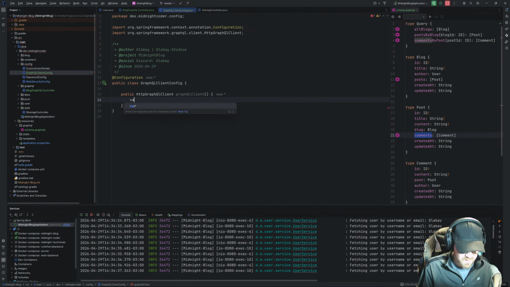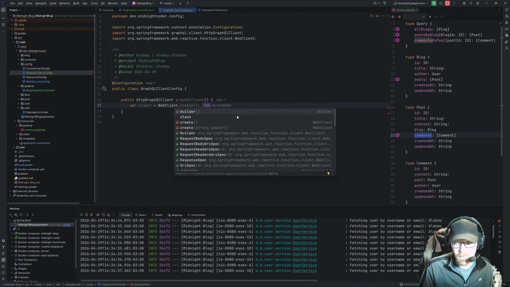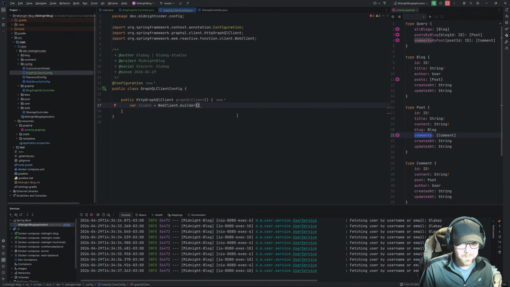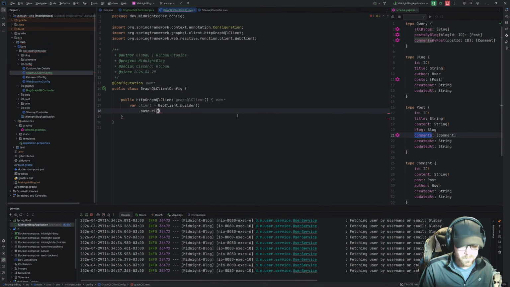And in here we're going to say that this is going to be that of a client equals web client dot builder. We're going to say that the base URL is going to be